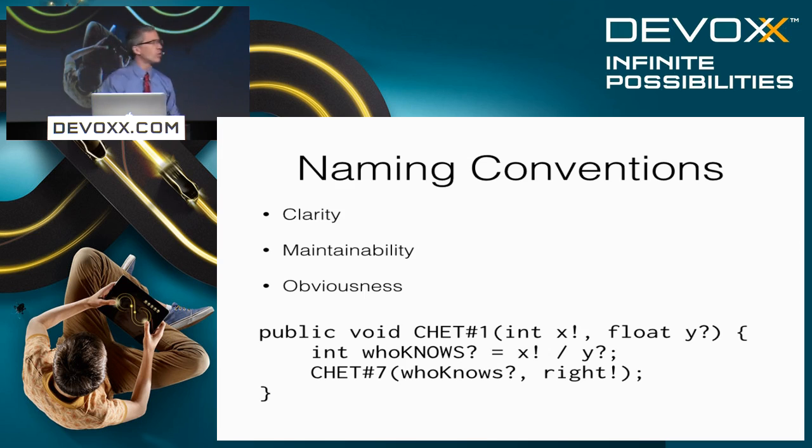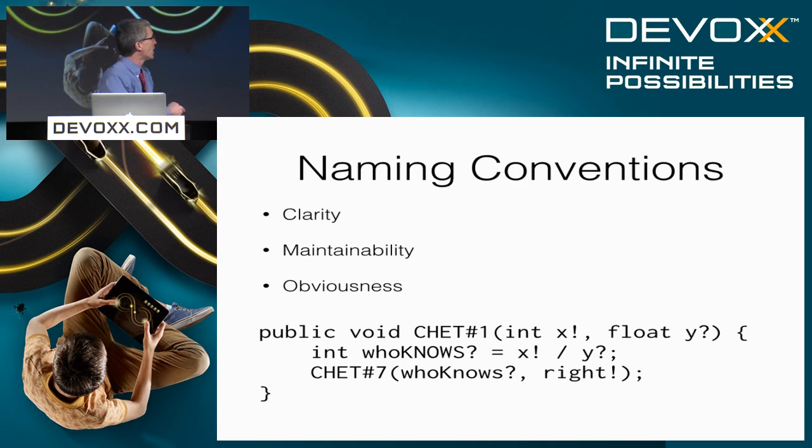It's important to use punctuation in your syntax to indicate other metadata about variables. So for instance, right here, we're passing in an X parameter. Well, that X parameter is really important. I want people to know that. So use an exclamation point. Call attention to that detail that people need to know. All right? What about the Y parameter? I never really understood why we were passing that in to begin with, so there's a question mark there. I don't really know what's going on there. That's important for them to know as well. This variable name I find really important because who does really know what's going on? We're dividing through by a value that I didn't understand to begin with. So again, question mark. Who knows? And the naming convention. Who does know?